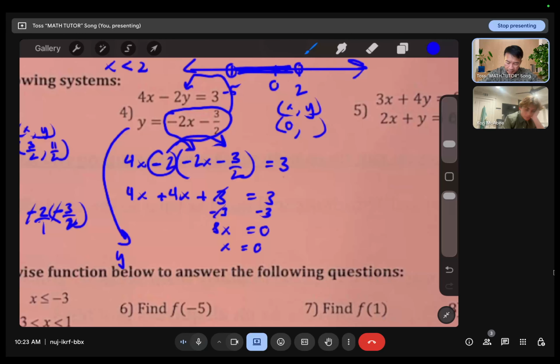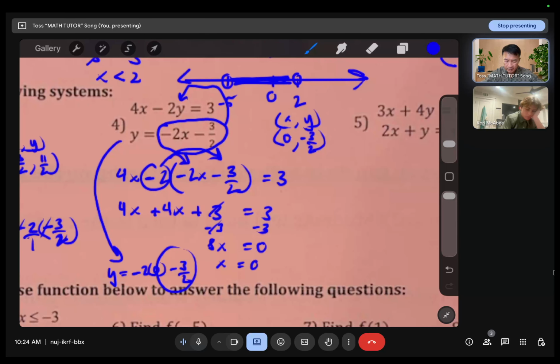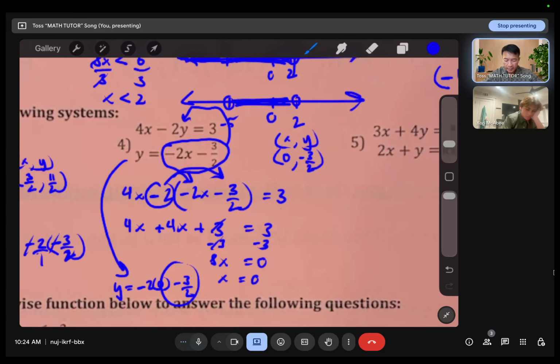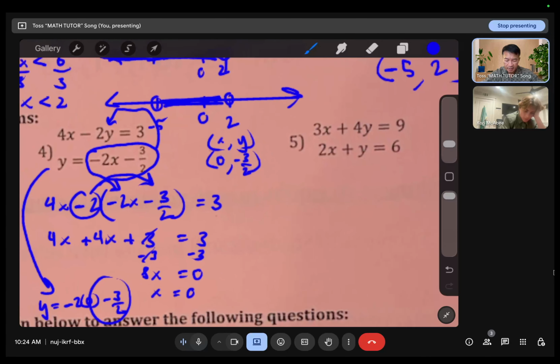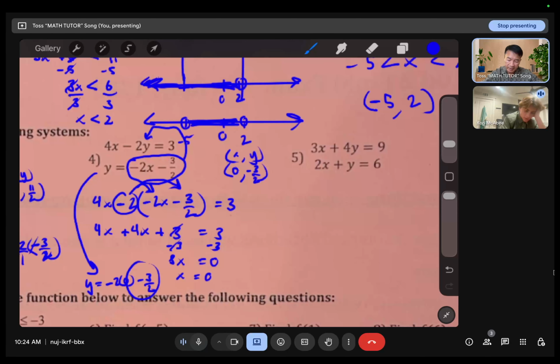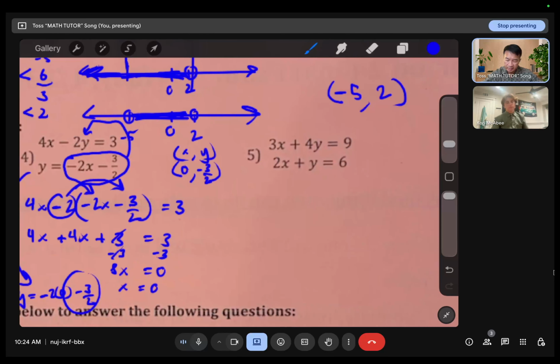So y is equal to negative 2 times 0, which is 0, minus 3 halves. So the answer is just negative 3 halves. So y is negative 3 halves. I think that's it for that one. Now, we can always come back and check it, but I want to cover as much. Checking it by plugging them back, and check both equations,